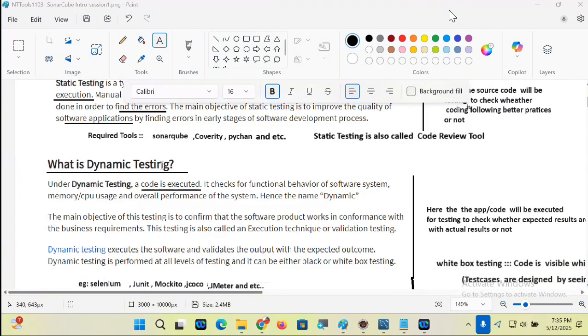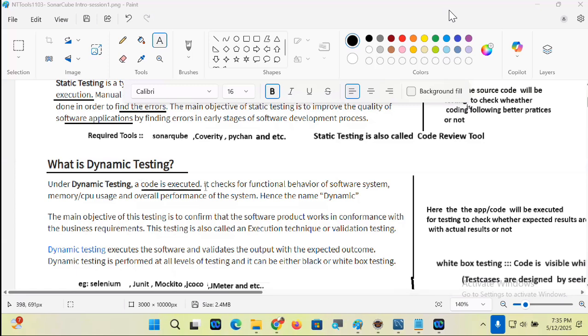What is dynamic testing? Under dynamic testing, the code is executed. It checks for functional behavior of the software system, memory, CPU usage, and overall performance of the system. Hence the name is dynamic. This testing will happen by executing the code, guys.